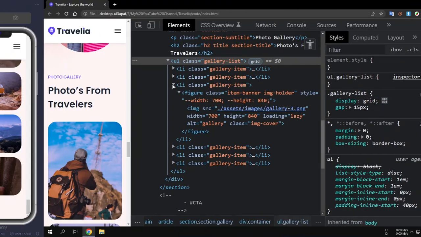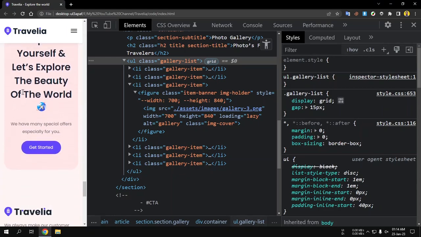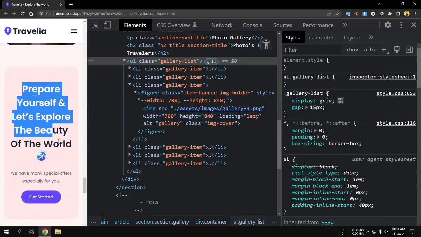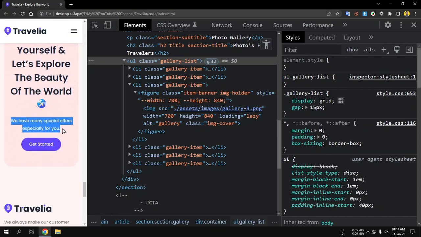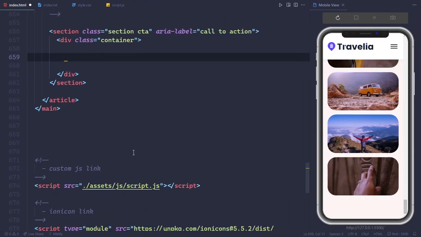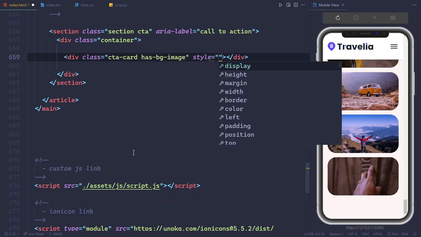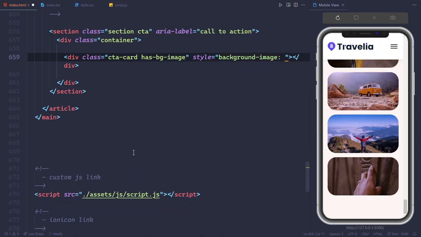So let's see what we can do for the CTA. And here is our CTA. You can see here the one title and one icon and the text and button, right? So let's do this. So first of all, .cta-card.has-bg-image, and for the has-bg-image, here will be inline style, which is background image. And now set the path